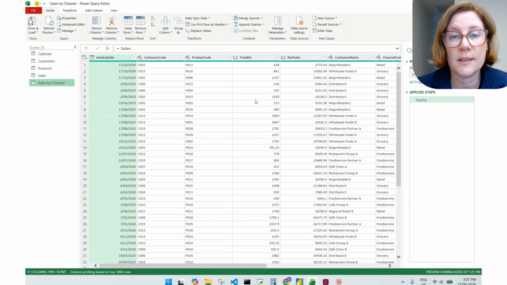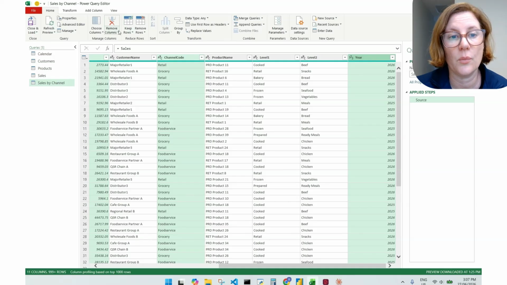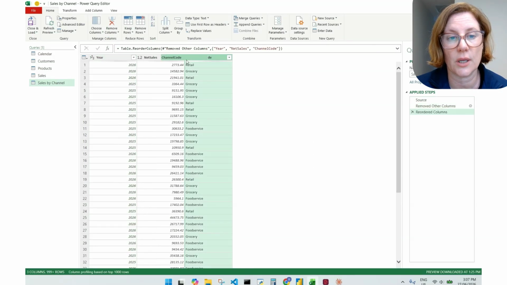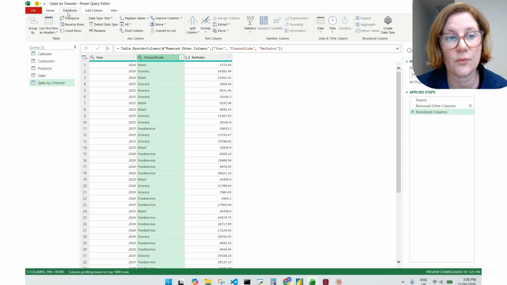And what we're going to do now is create a summary of the net sales by channel by year. So to do that, we just select net sales and the channel and the year, and then we'll remove other columns. We'll bring year to the front and channel to the middle. Now what we're going to do is summarize net sales by year and by channel. And you do that by transform, group by,